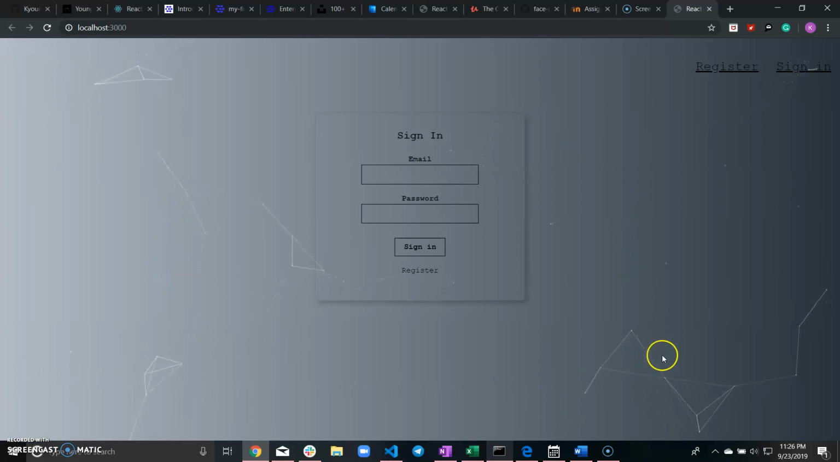This is the particle I was talking about. It's back here. It's pretty cool. You can make it even more functional, but I didn't want to get too in depth in using